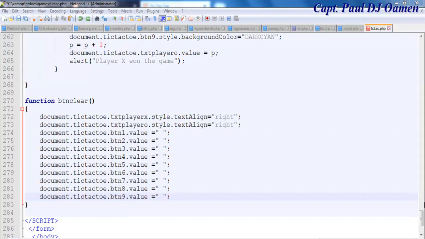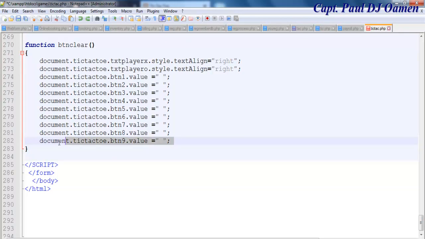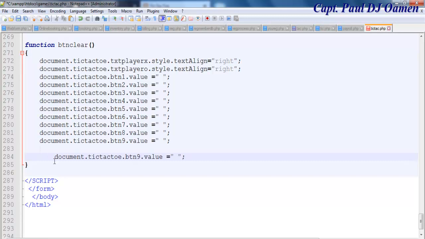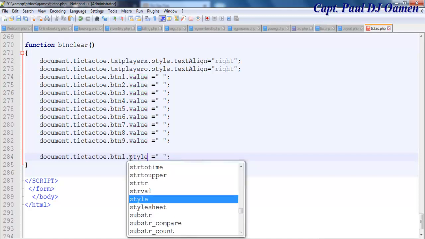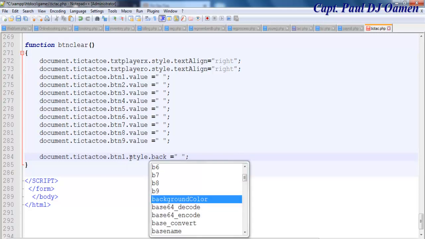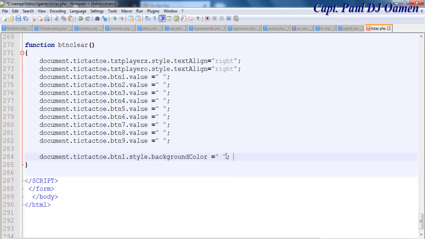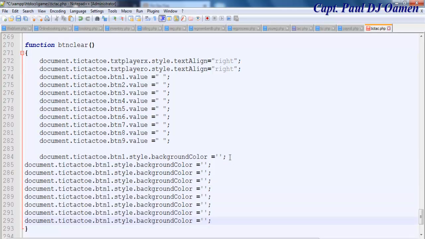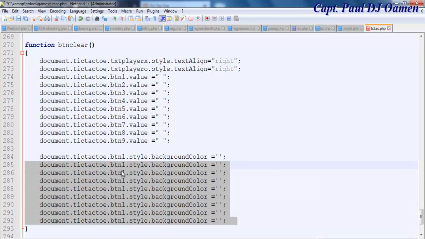Okay, that's it done. Then the other thing is to be able to change the color. So I'm going to copy just one of these. I want to refresh the color back to the original color, so paste that in there. This is going to be document dot, and that will be button 1, style, style dot background color. Background color equals nothing. There. Right, I'm going to copy that now. I need 9 in total. So let's just change the numbers around. So that's 2, and so on. Okay guys,